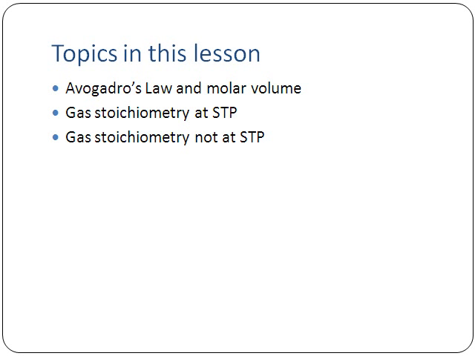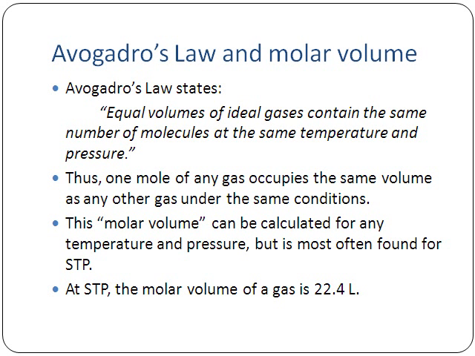And so let's start off with Avogadro's law. Avogadro's law basically states this: equal volumes of ideal gases contain the same number of molecules at the same temperature and pressure. And so, in a sense, what we're saying is this: if I have 1 liter of carbon dioxide at, say, STP, then if you were to count every molecule of carbon dioxide in that 1 liter, you'd find the number of molecules in that 1 liter of carbon dioxide would be exactly